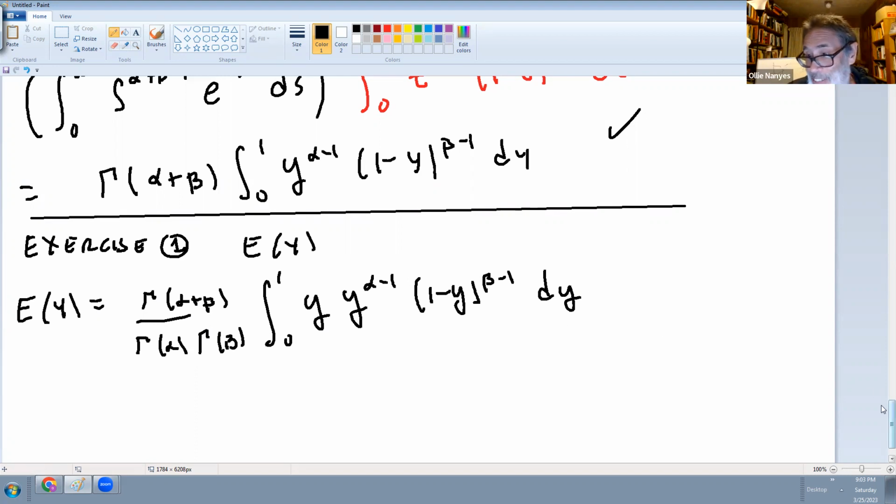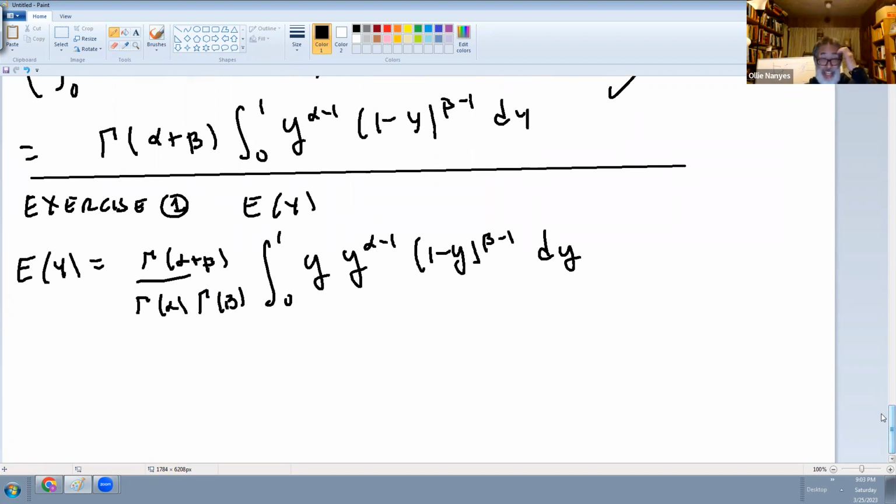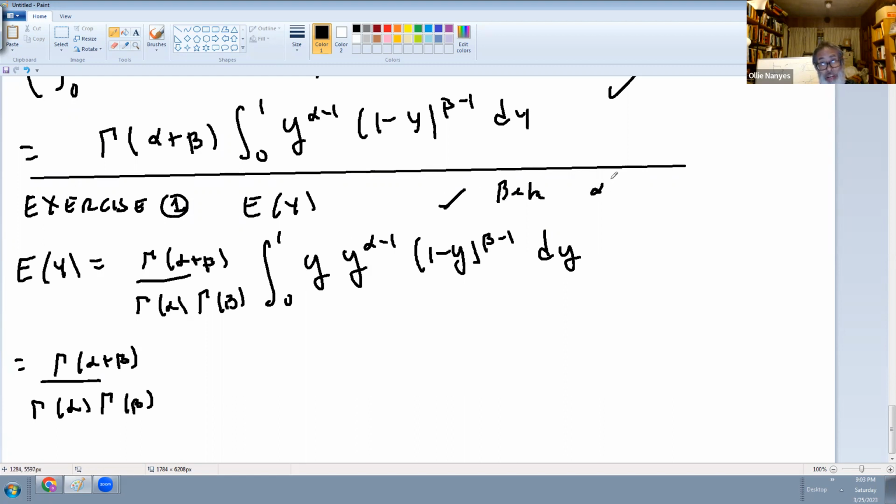Now, this is what's kind of neat here. This part right here, and we're not going to integrate much at all. So much of stats is integrating without integrating. This is going to be the density function for the beta, where your alpha is really alpha plus 1 and your beta is just beta. So this thing, by what we just did,